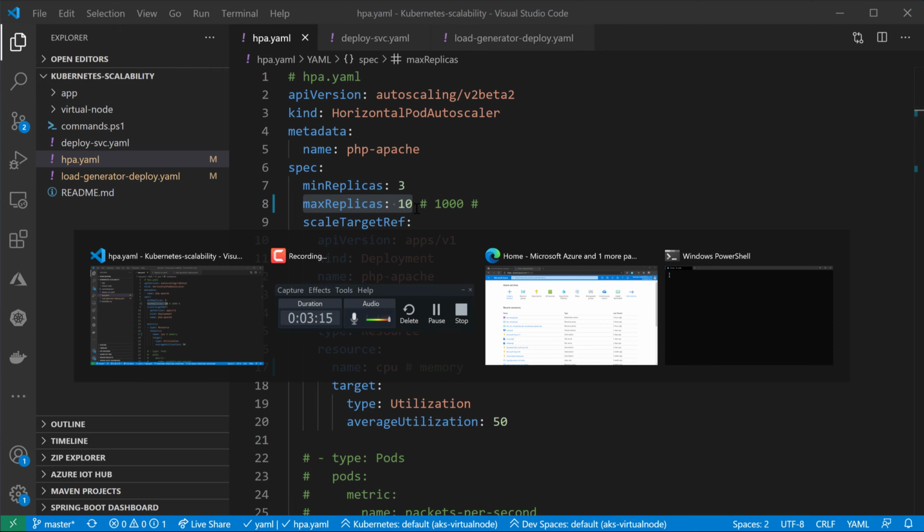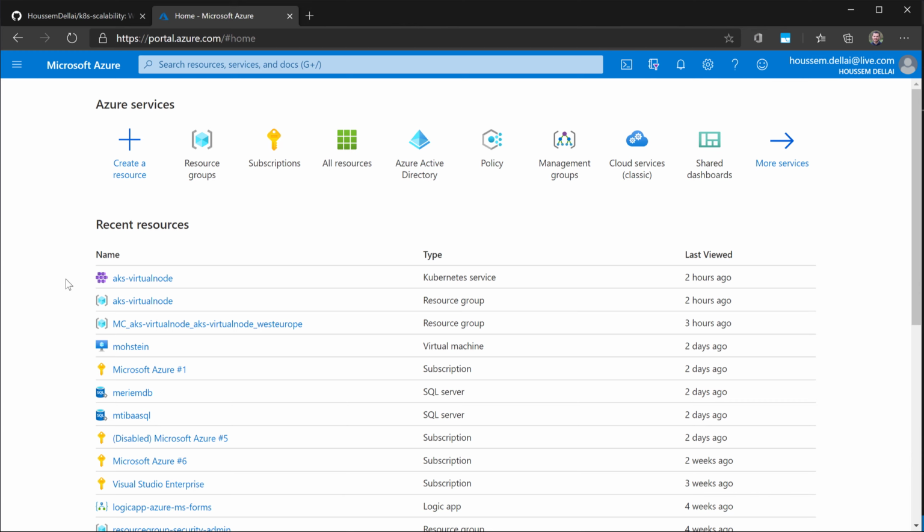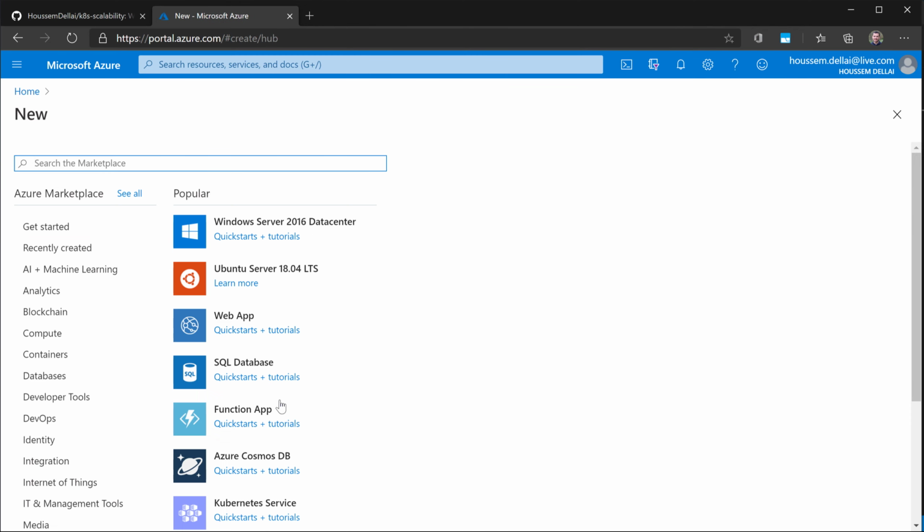To start our demo, I'll start by creating a new Kubernetes cluster. For that, I'll be using Azure Kubernetes Service, but the demo today is also applicable to other managed Kubernetes services on the cloud, and also to Minikube, which you can use to run a Kubernetes cluster on your local machine. So from the Azure portal, I'll go to create a new resource, which is going to be